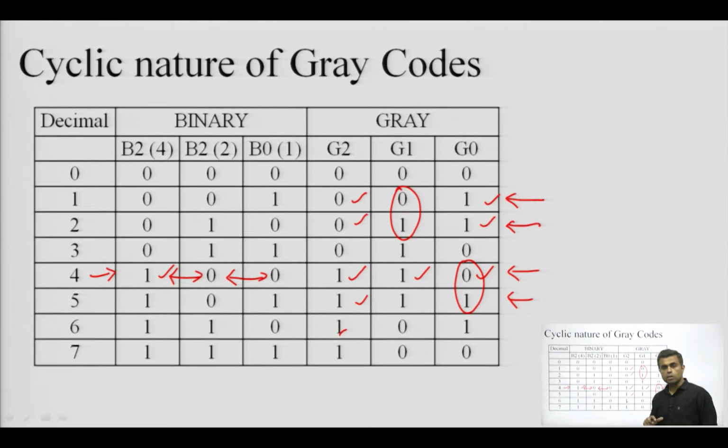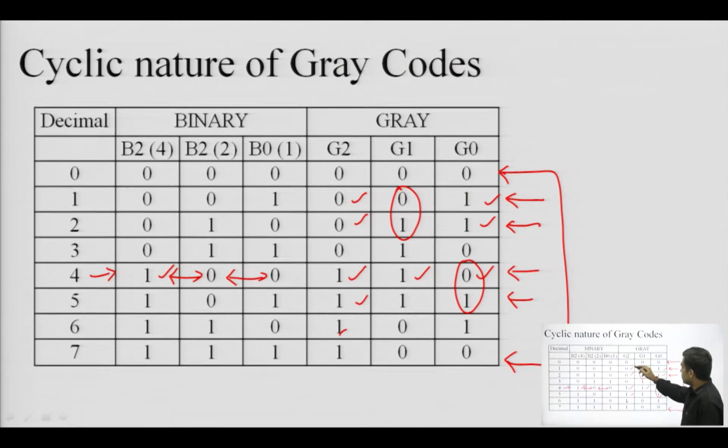And why are these known as cyclic codes? Because you can check that this single bit change property is also valid between the first and the last gray number. This one bit change property is not holding just between any two successive gray numbers, but it is also holding between the first and the last gray number. As you can see, there is a 000 and here there is 100. That means these two positions are different, and this 00 is the same. So, this one bit change property is also holding between the first and the last gray number. That is why they are known as cyclic codes.